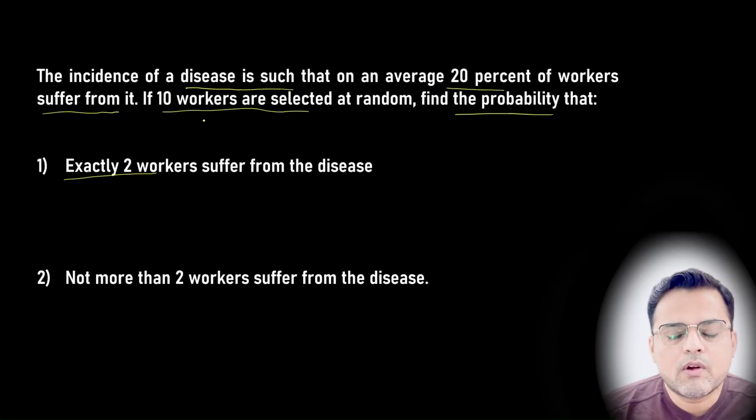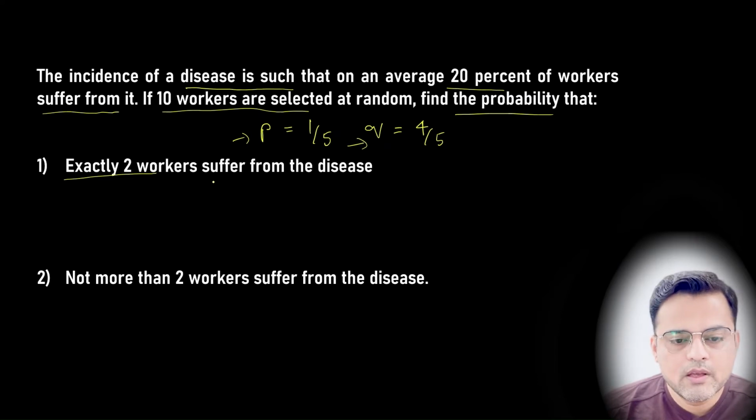So what is the probability of success that a worker suffers from the disease? P will be 1 by 5 because 20%, and Q will be 4 by 5, which is 80%. So the probability that a worker suffers is 1 by 5, and the probability that he does not suffer is 4 by 5. So for exactly 2 workers, we have to get exactly 2 successes. So probability of X equal to 2, which means